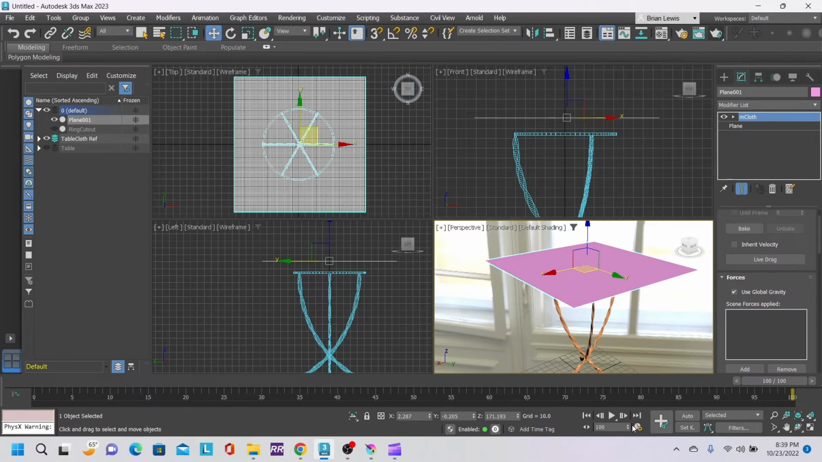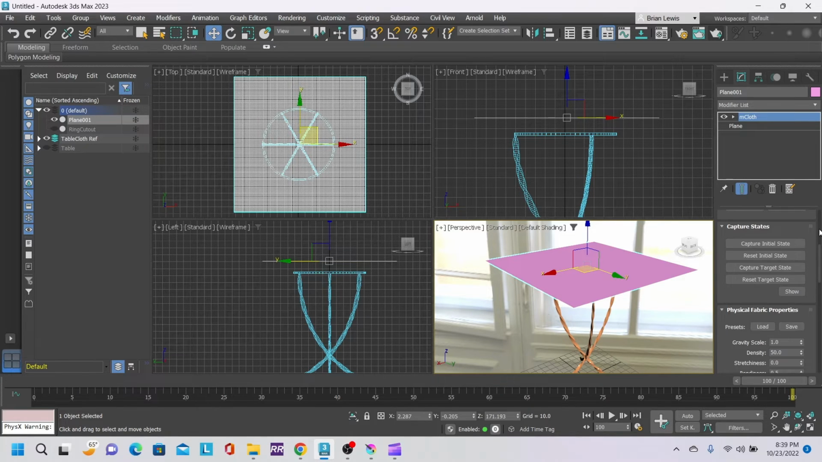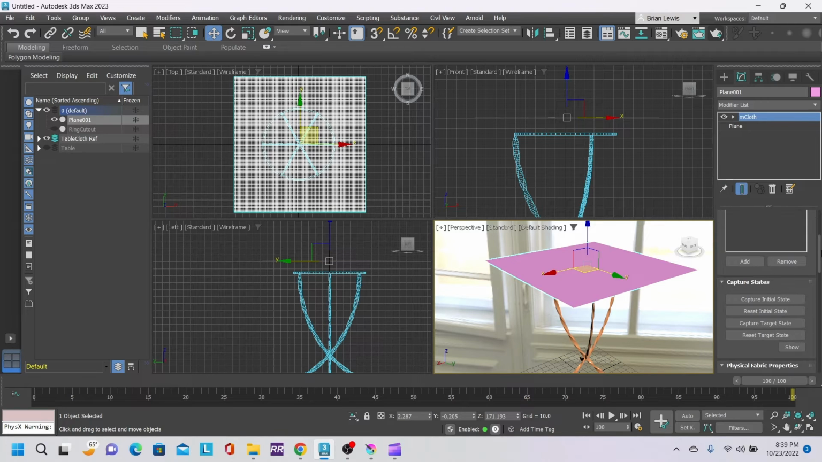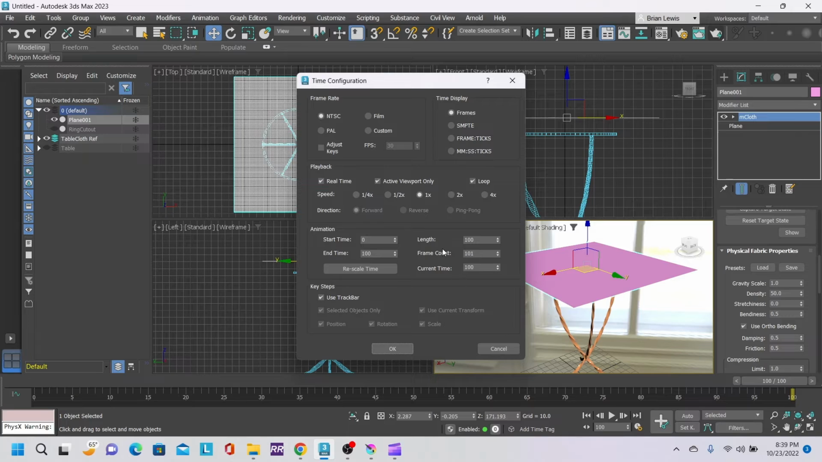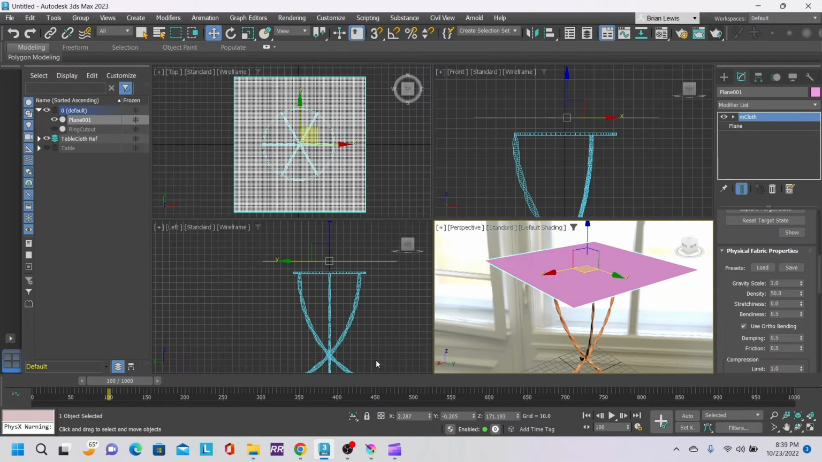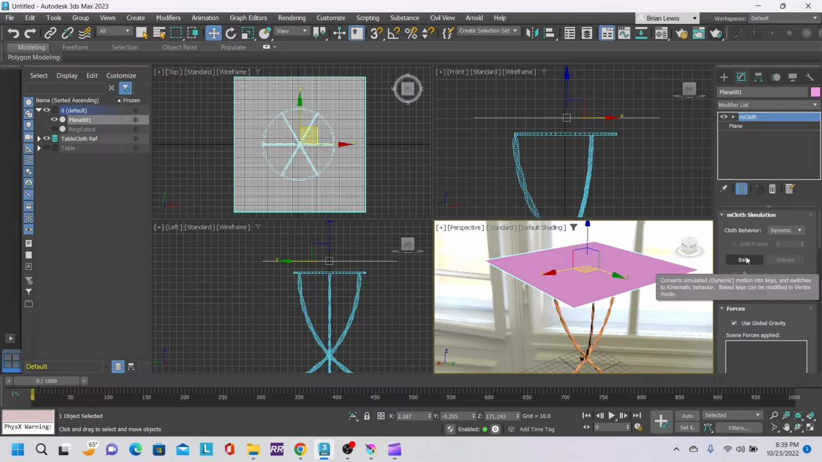And our timeline, let's increase that. Actually, you know what? If we come up here, yeah, no. Let's increase our timeline by clicking this button right here. And let's set our end time to 1000. That's 1000 frames of animation. Should have enough time for our cloth to come to a rest. So now if I come up here and I click bake,